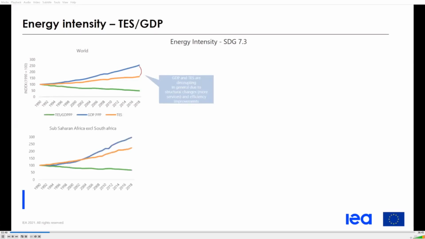In sub-Saharan Africa, the energy intensity is decoupling less quickly than globally. Obviously, low energy intensity is the desired goal because it represents an efficient allocation of energy resources to generate wealth and a high quality of life. So it is logical to expect energy intensity to increase and for GDP and energy use to be closely coupled during the initial stages of development of a nation,